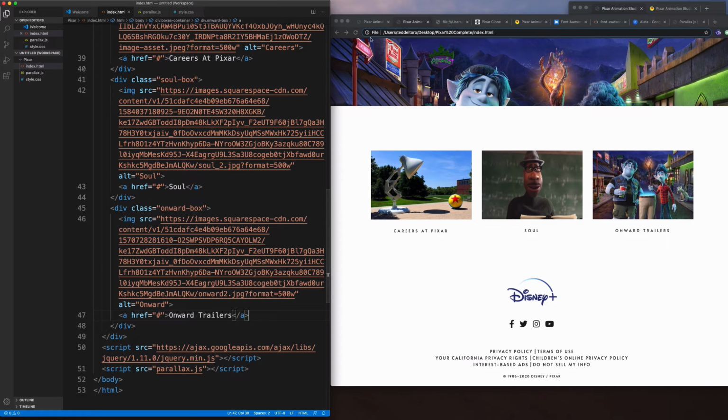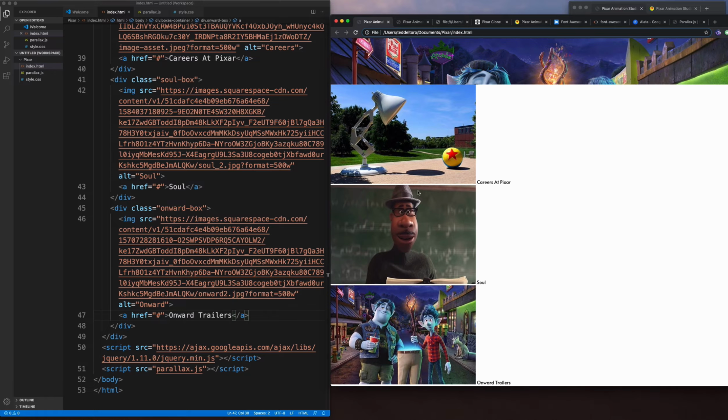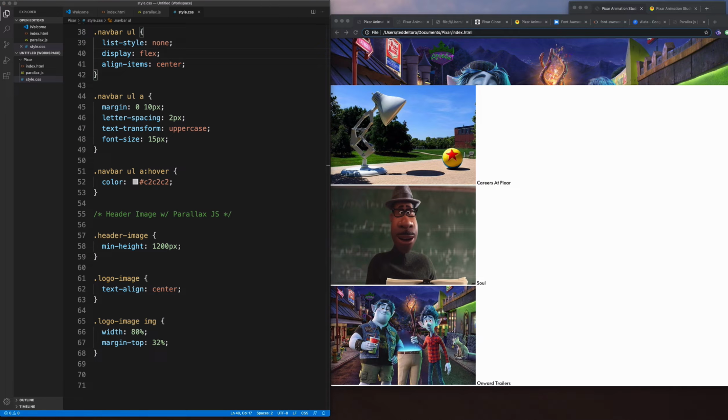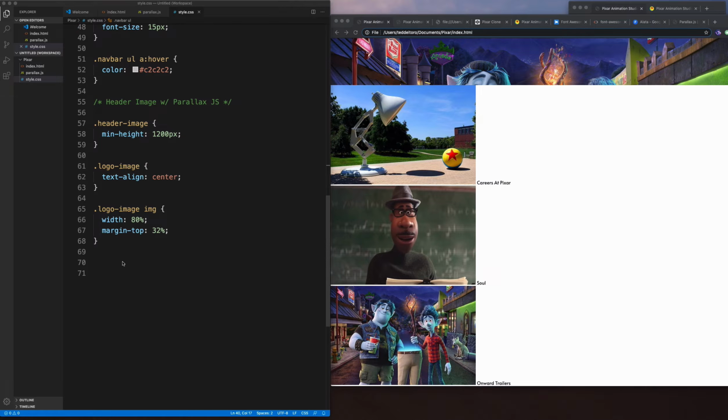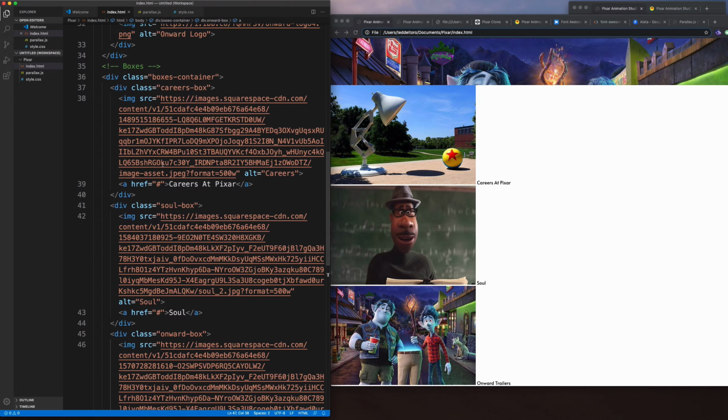Let's go ahead and save this, and let's see our changes here. All right, that's looking good. Now what we can do is go back and start targeting the CSS for that. So let's create a comment: Boxes. Now let's go back to our HTML here to take a look, and let's start targeting